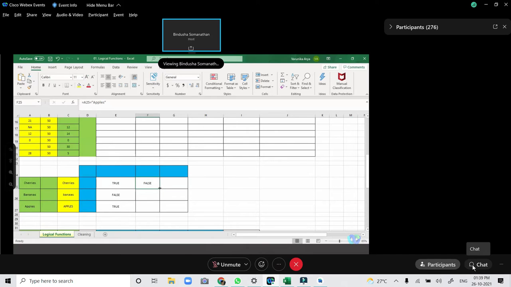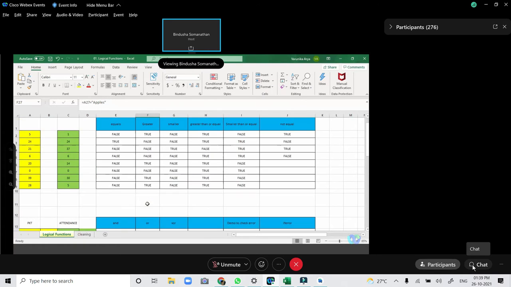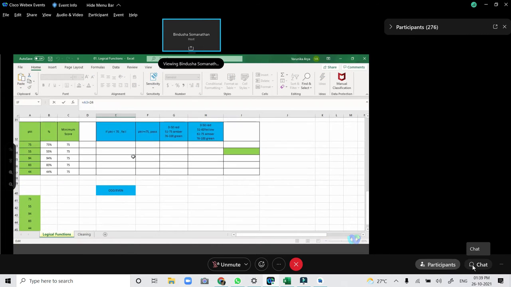This is false. This is true because A27 equals apples. So what I'm trying to find out is a return value of true if the cell has the value apples in it. Whenever you pass a text as an argument, you have to use double quotes. When you are using a number, you don't have to use double quotes. If I go back here, you remember we passed a number and I didn't use double quotes. So make sure that you remember this.